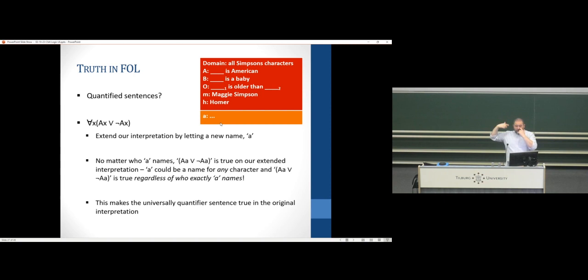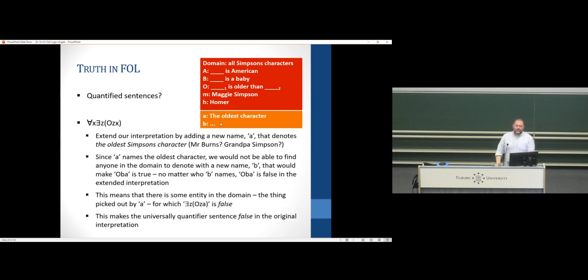Again, this is just the more technical machinery version of the same thing we talked about before. And our last one is where we have iterated quantifiers. The process is the same. We take our interpretation and we treat the quantifiers in the order that they appear. And remember, we wanted this one to come out false because there could be the oldest character. So we extend our interpretation by introducing the name A, and we have that name pick out whoever the oldest